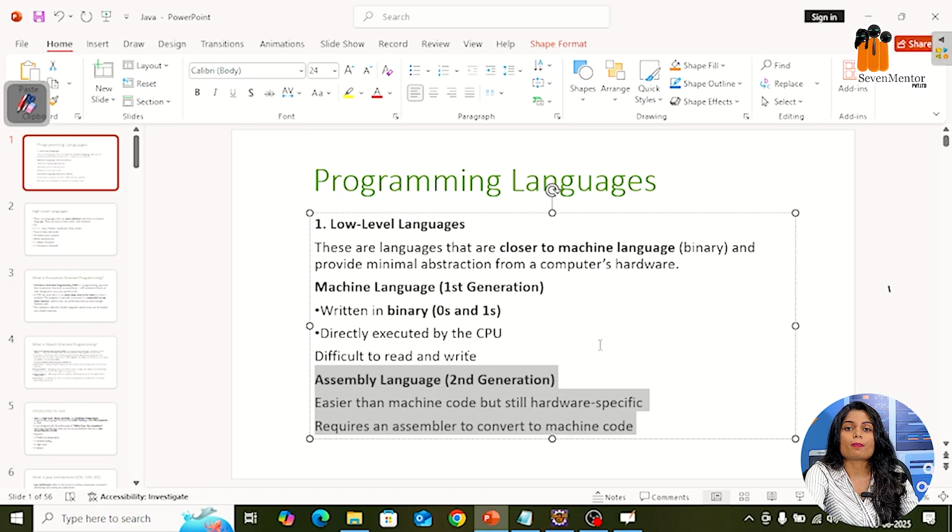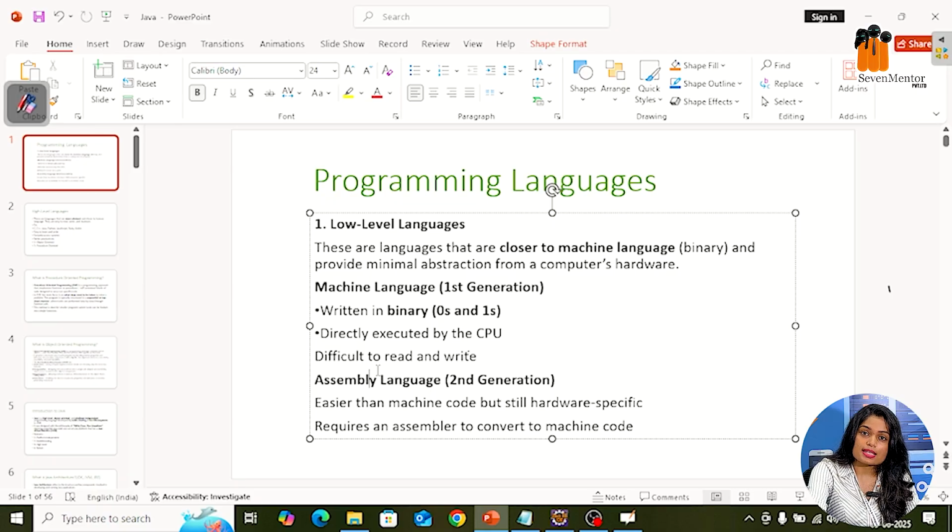But there is one drawback. What is the drawback? Assembly language code needs to be translated to machine language before the computer can process it. You can see that the command code goes to machine code and then it is executed. So again there will be bugs, again there will be errors. Because of that, machine level language and assembly language are not in use and not even that popular as compared to high level programming languages. That's why those two languages are called low level languages.